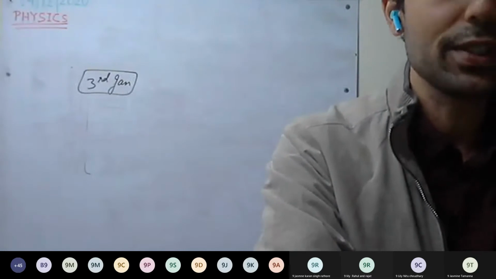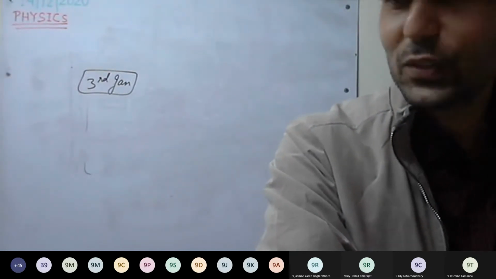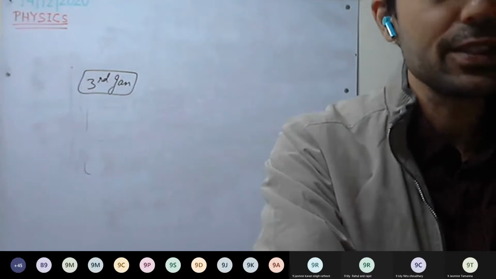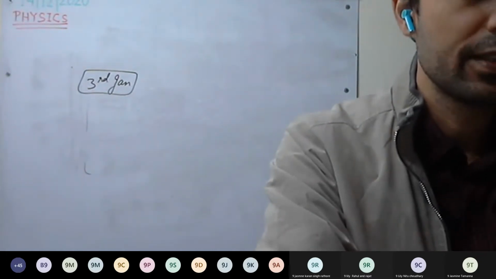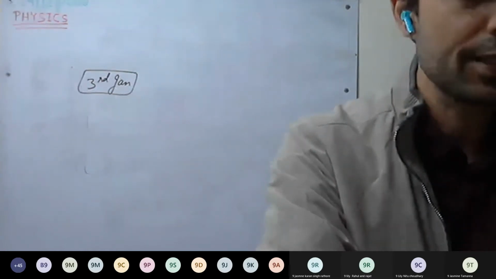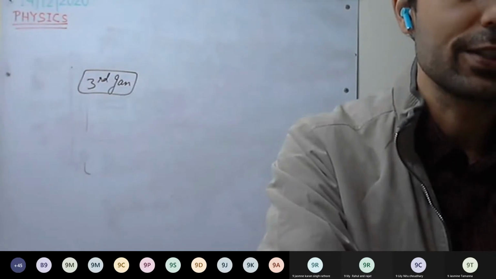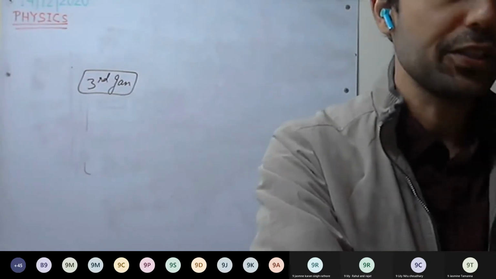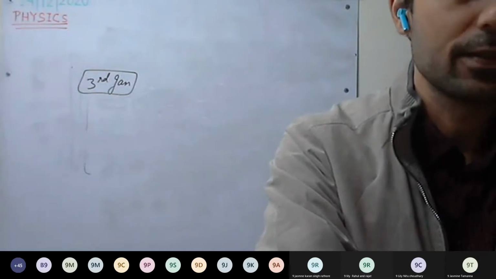Third C, mostly students have submitted to me, and I'll be uploading. Few students are still remaining, those who haven't submitted. So today I'll be uploading the solutions of third C. And third D solutions, as soon as you complete, I'll upload the solution. So most probably by Monday, I'll upload the solution of third D as well. Every step I have mentioned there, how to solve. If still you have doubt, you can ask in class.